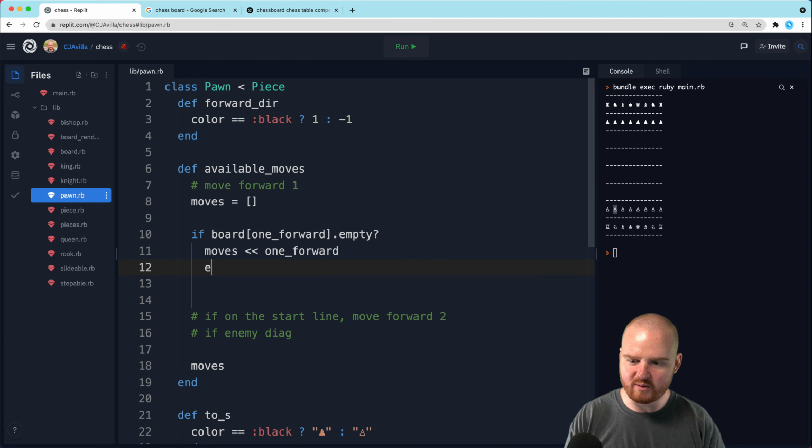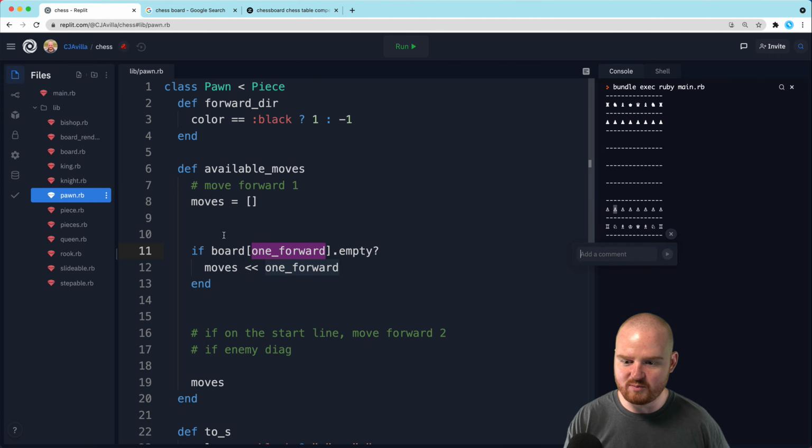We haven't defined 1 forward yet. Sometimes I'll do this sort of fantasy driven development, where I'll write out what I want first, and then go back and figure out how to actually make the variable what it should be. And so in this case, 1 forward is going to be